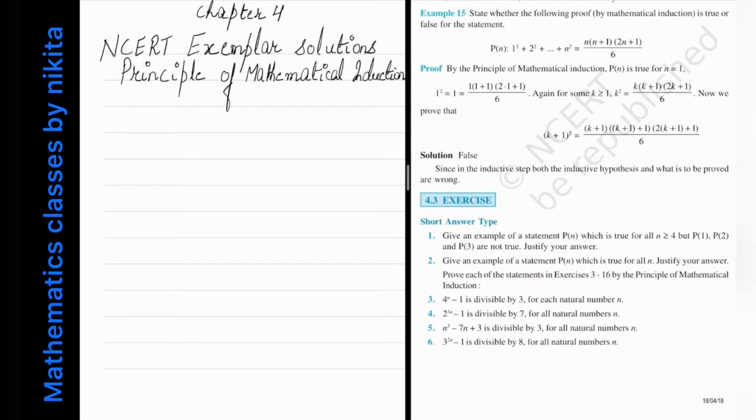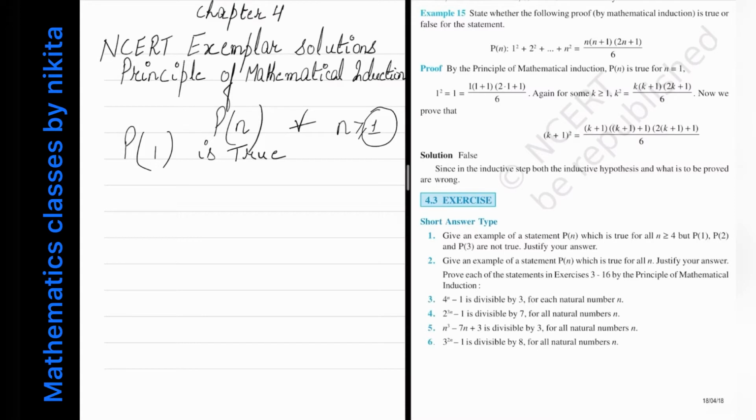Now this technique says that you start with the base case. The base case is where your n starts. For example, suppose my n starts with 1. Suppose I want to prove a statement P of n for all n greater or equal to 1. So basically n equal to 1 is the starting point. Therefore first you have to prove that the statement is true when you put n equal to 1. That is, the statement P1 is true. So you have to prove this.